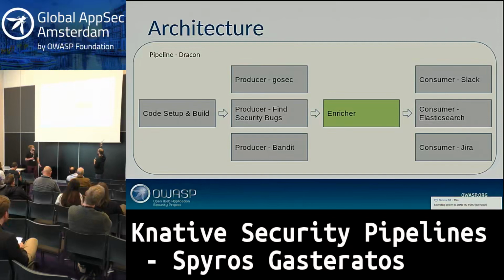So yeah, the enricher goes into a database for everything that the producer stack produced, makes a hash, so it doesn't have to do a lot of calculations. It figures out if the hash exists. If the hash exists before, it marks it as duplicate. If the hash exists with a binary value that says false positive, it marks it as false positive as well, and then dumps it on a consumer stack.